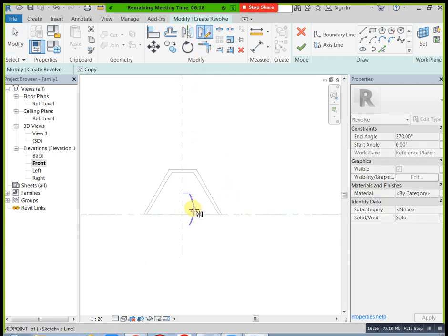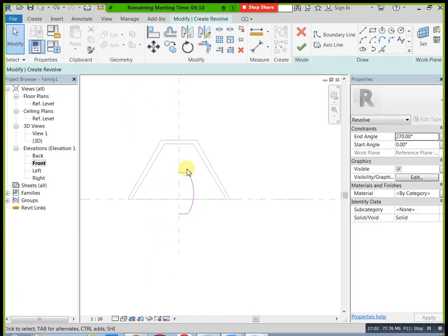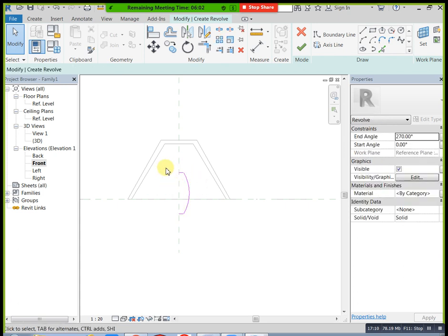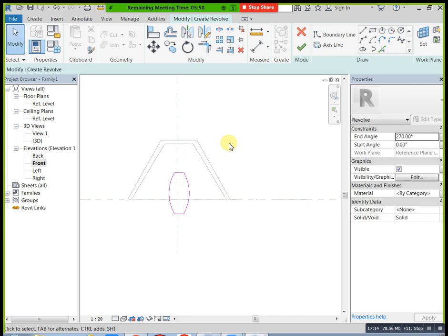Now you can select. If you need any adjustments, you can adjust. Now you can select, again you can do mirror. This is our cross section. Now this is our bulb. If you need, you can add like this, or otherwise you can remove back. Then you can take one line and apply here to here. Now finish.